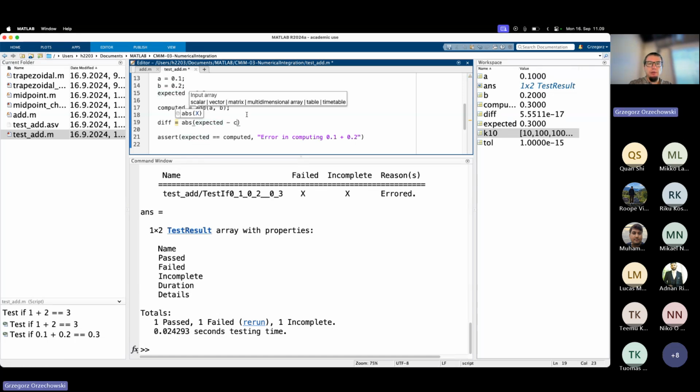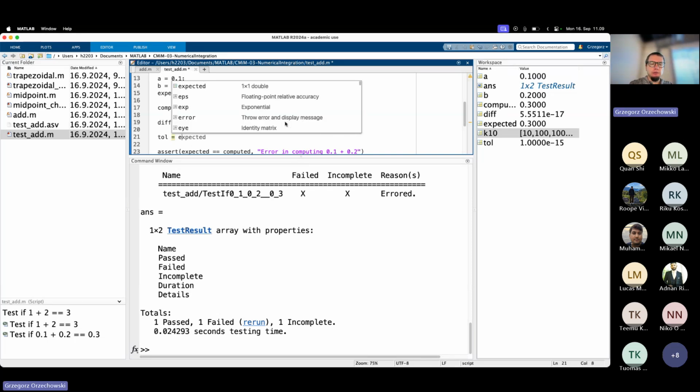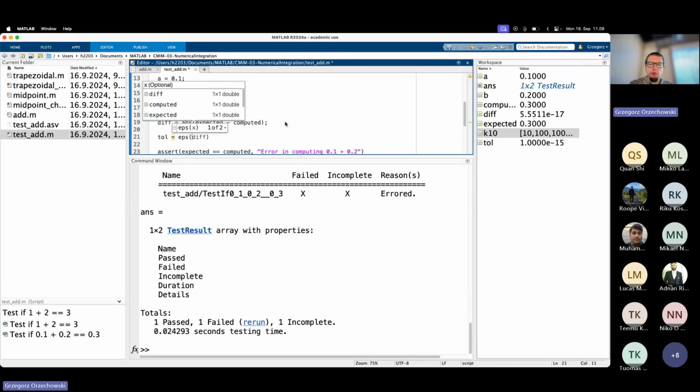Of expected minus computed. Yeah. So now we need the tolerance. How do you want to get it? Yeah, we can get eps of A times 10. Yeah. Okay. So I showed that eps can be called like that,